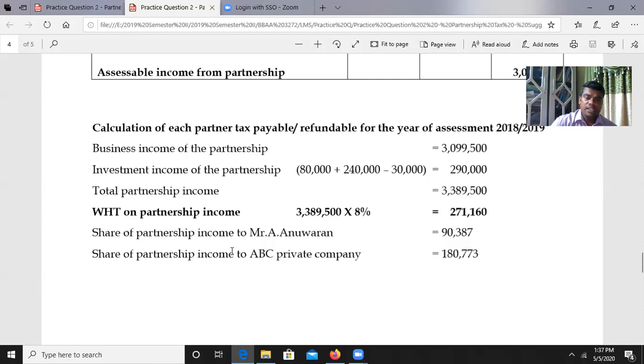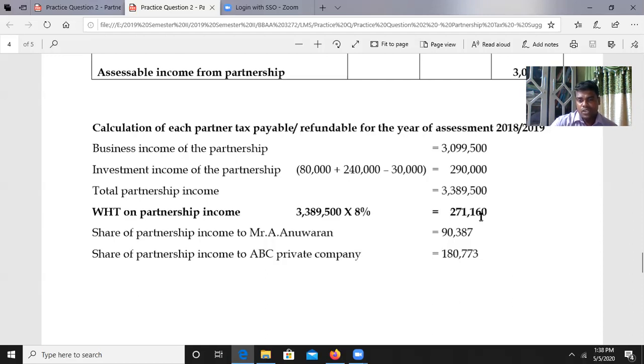to the ABC private company, it is 90,387 LKR. Then to the ABC private company, which is 180,773. The total double GST is 271,160. That should be divided by 3 and multiplied by 1 for the double GST liability of Mr. A. Anuvaran, because